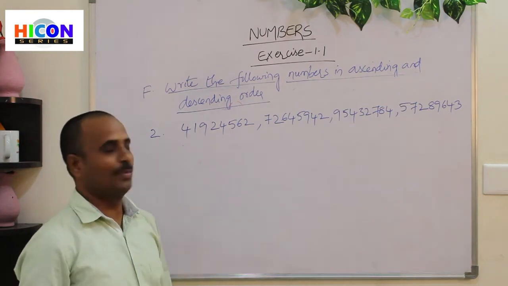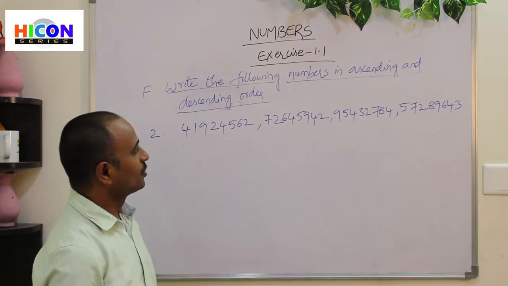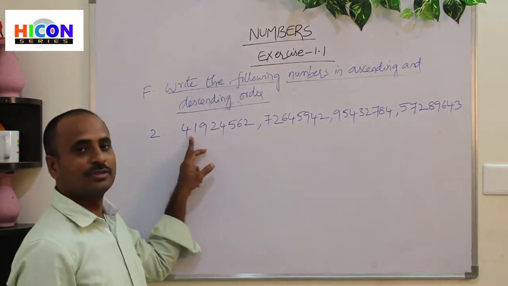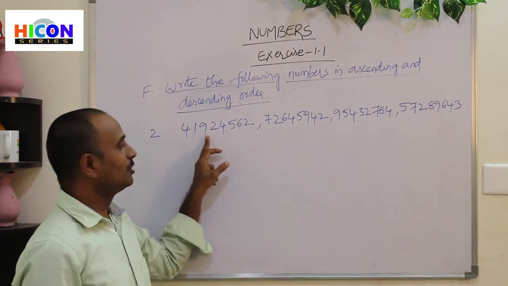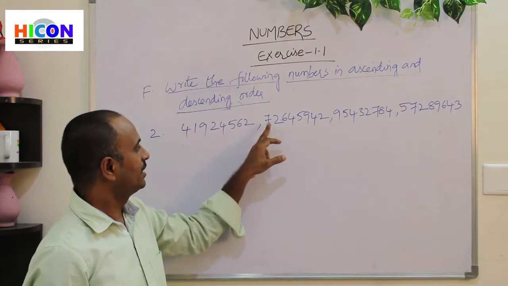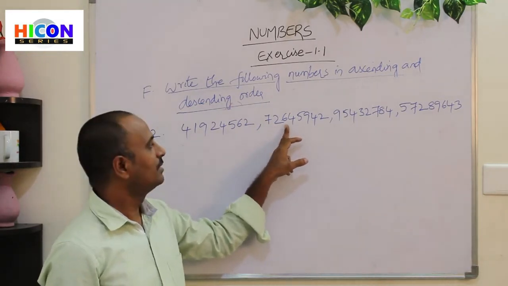So let us see the second problem. In this section, there are also four numbers given. The first number is 4 crores 19 lakhs 24,562, and the second number is 7 crores 26 lakhs